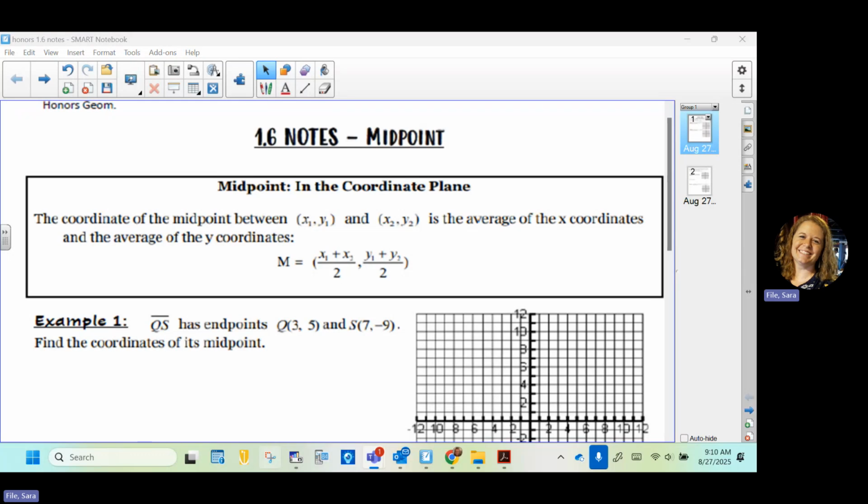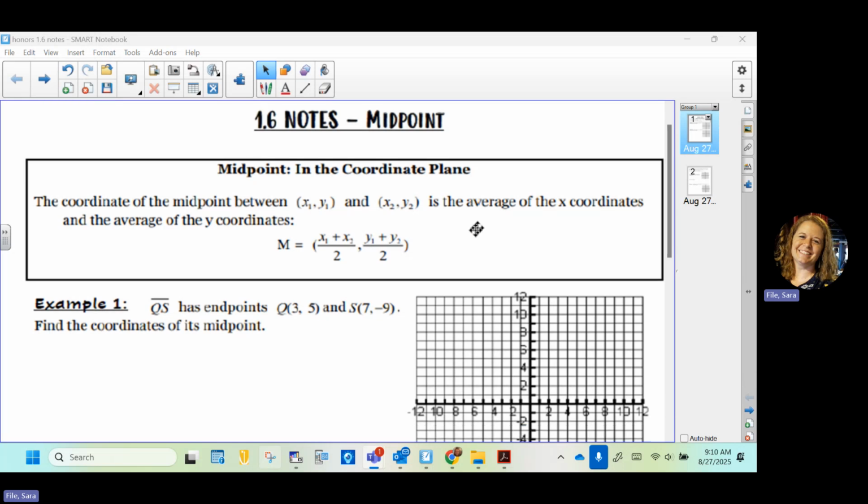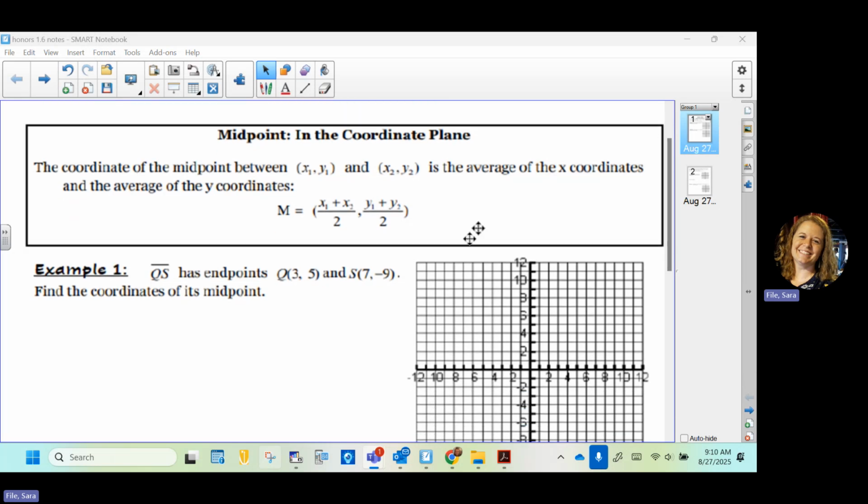Midpoint, you touched on in Algebra 1. So this hopefully kind of rings a bell, sounds familiar. You've heard the word. You've actually found midpoint in algebra, but I know it's probably been a while. So let's review this. In the coordinate plane, the coordinate of the midpoint between two endpoints of a segment,